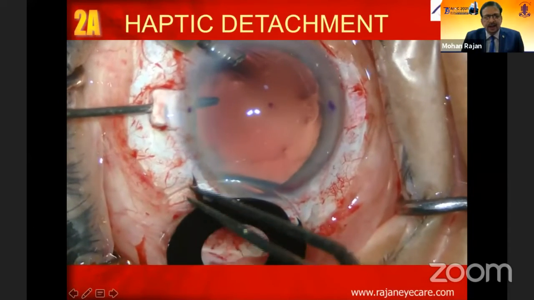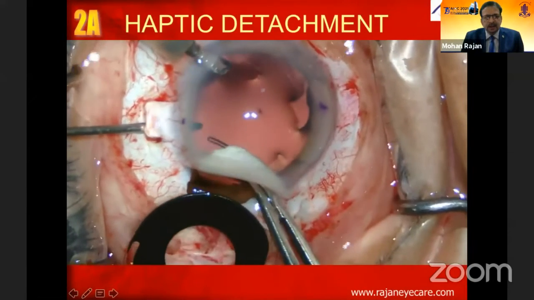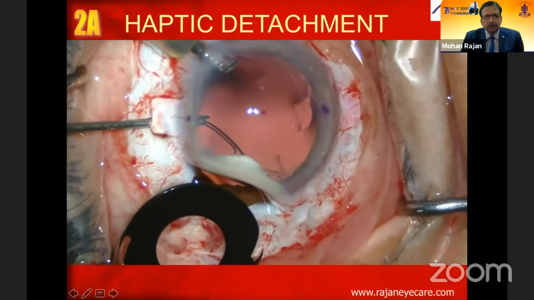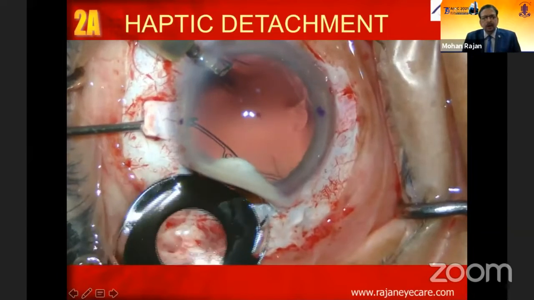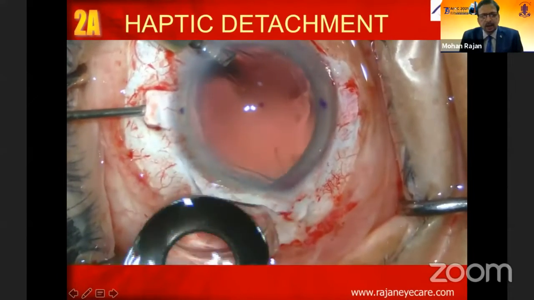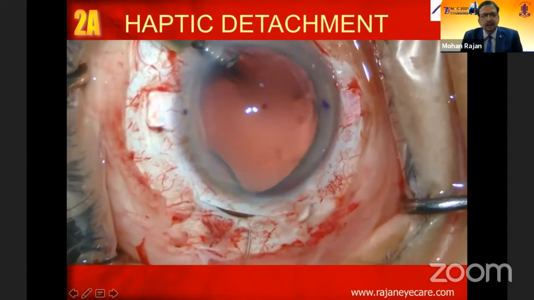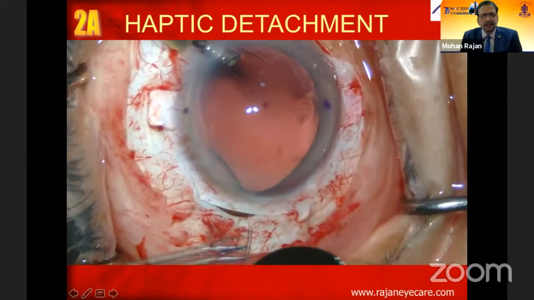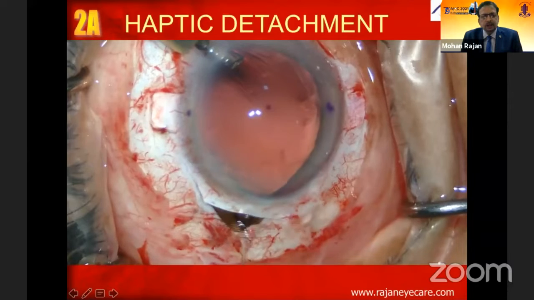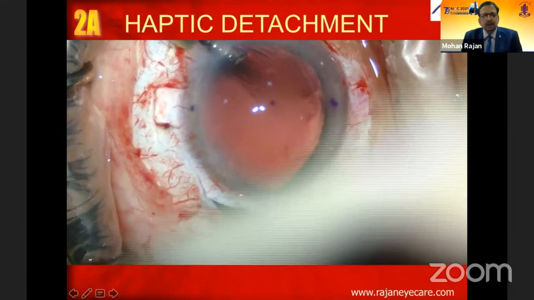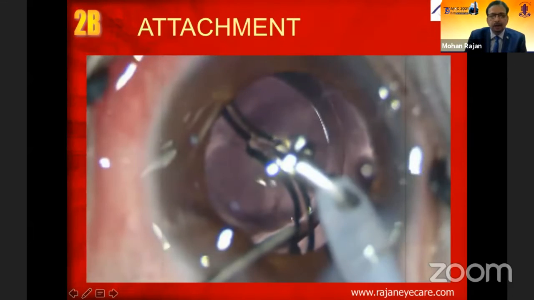Again, you can see this aniridia lens. It actually went for suturing, but I'm trying to do a glued IOL in this aniridia lens. You can see here I'm trying to pull it. The haptics are a little fragile in aniridia lenses, and this is what we have to be aware of, and take precautions and handle these haptics, because an aniridia lens is very difficult to get. Fortunately, we had another aniridia lens as backup in this particular patient, and we were able to do it.